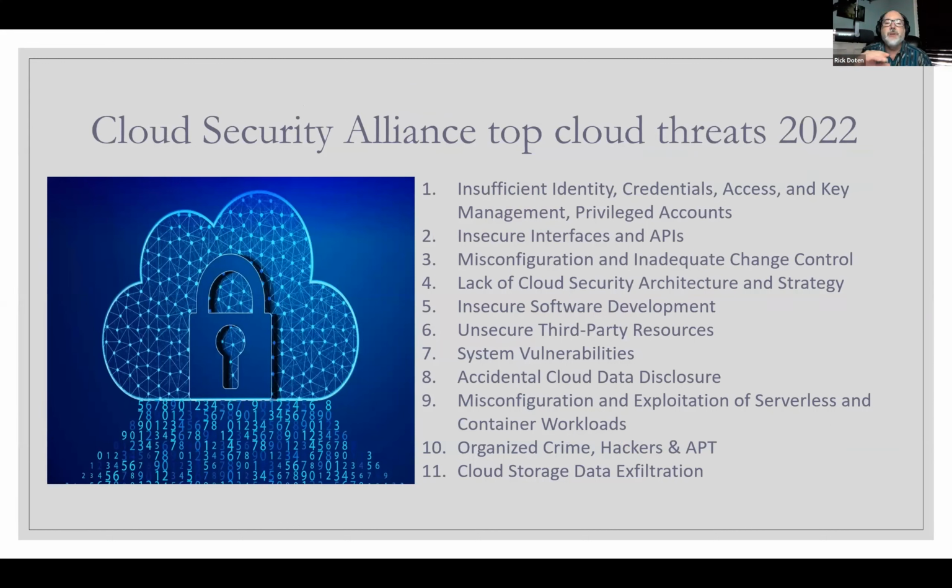Reading through last year's, most of these are user error: I'm not managing my credentials, my APIs are insecure, I'm misconfiguring things, I don't have secure development, I have insecure third-party resources, I'm not managing my vulnerabilities, my data is exposed, I'm misconfiguring server workloads. All of these are more human error. None of it is really inherent to the cloud as an architecture or as a concept.